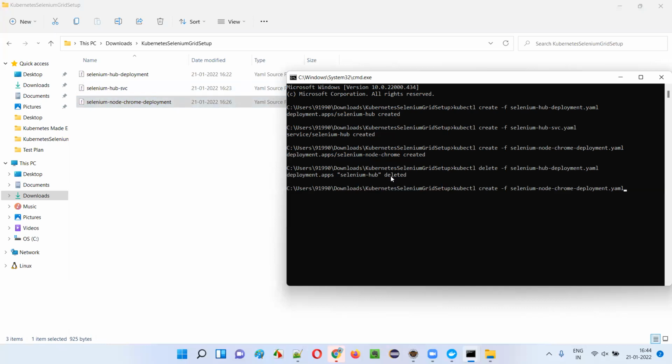Now let's remove the another one. So let's remove the service, Kubernetes service. For that, I'll say delete, and I'll run this. It will remove the Kubernetes service. And now I'll remove the last one. So here I'll say kubectl delete,